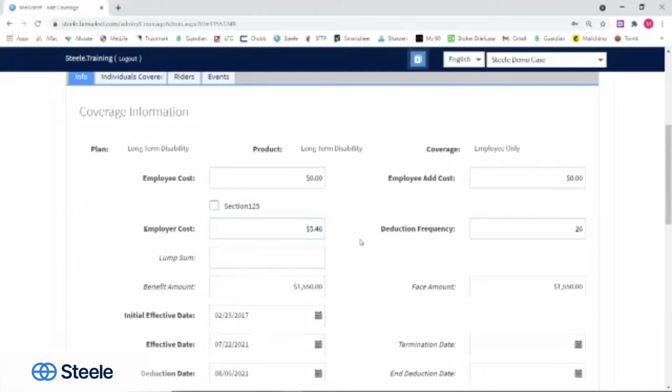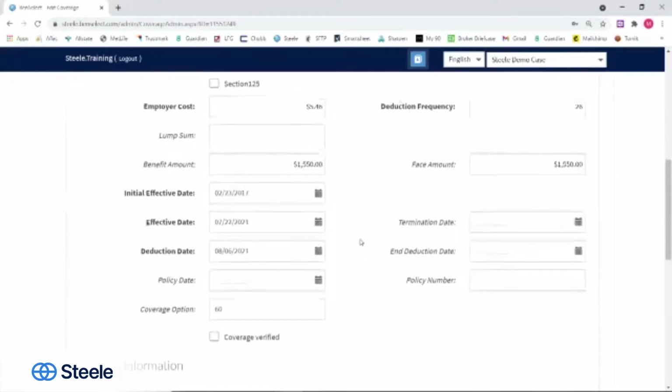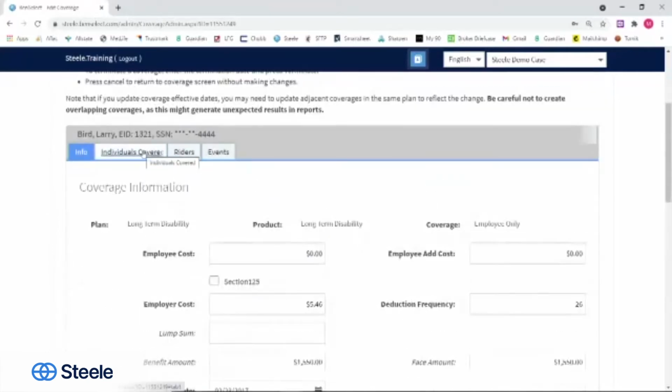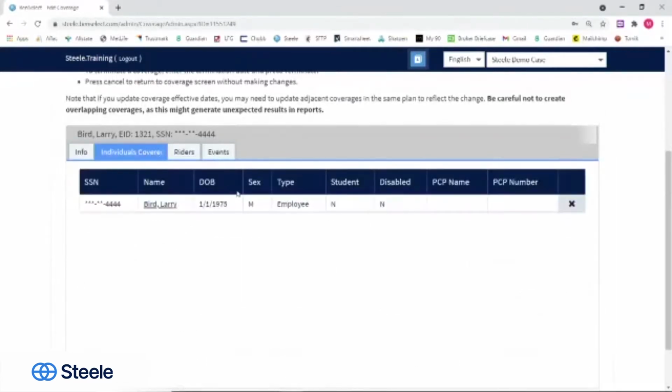If you need to look at different portions on here, as far as individuals covered, one big thing we'll go over when we get to the demographics tab: just because a dependent is listed on the demographics tab does not mean that they are covered on the medical or dental insurance. A great example is split households, where there are agreements that the ex-husband may cover medical one year, but then next year it's your turn to cover. So you may have different kids on there. There may also be student status, where kids have to be a student in order to be enrolled